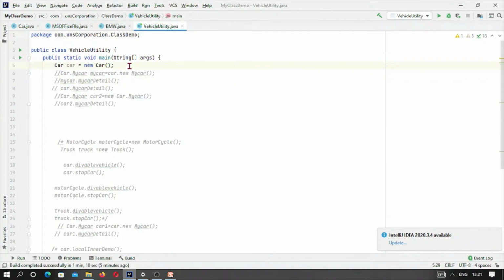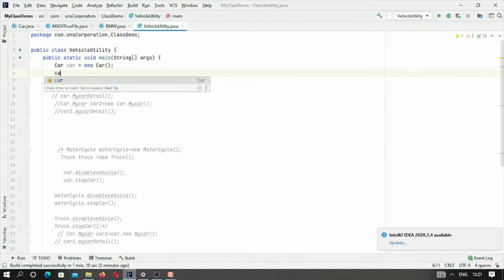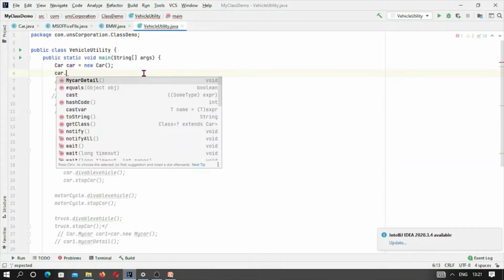Now let me call this outer class method. You can see car dot, and this is the outer class method, and when we call this outer class method, it will call the inner class and inner class method, and it will accomplish all the tasks, and it will simply give the printout.